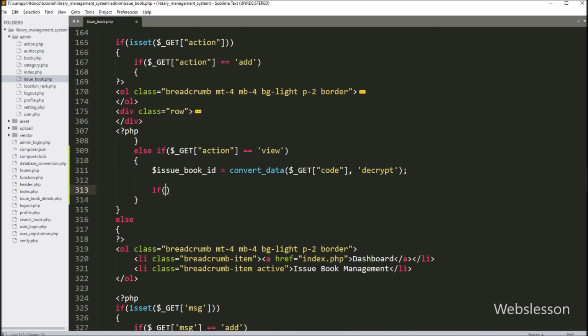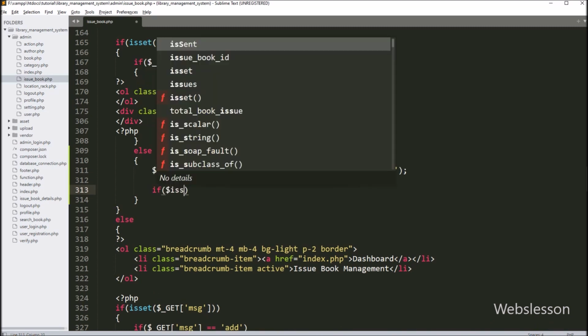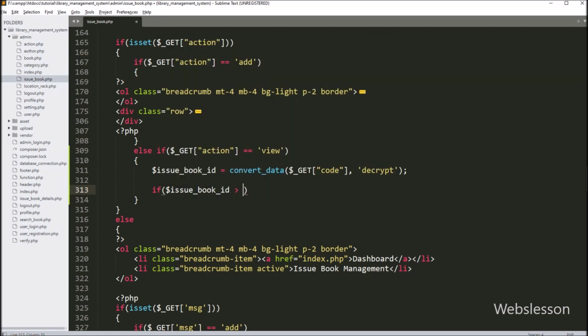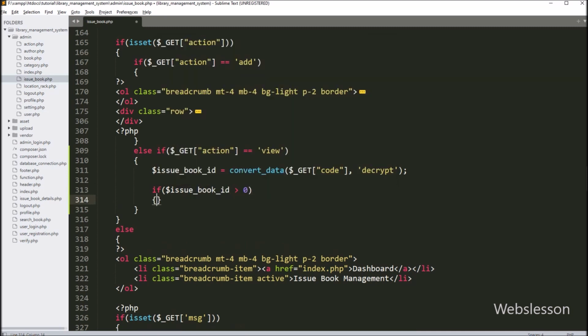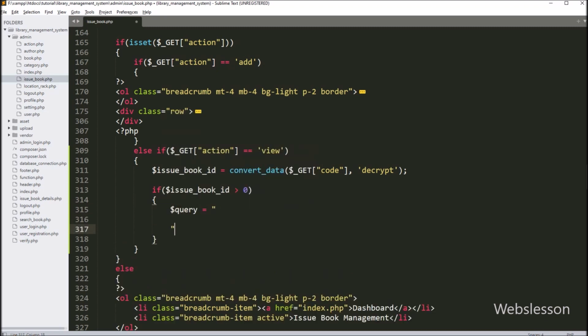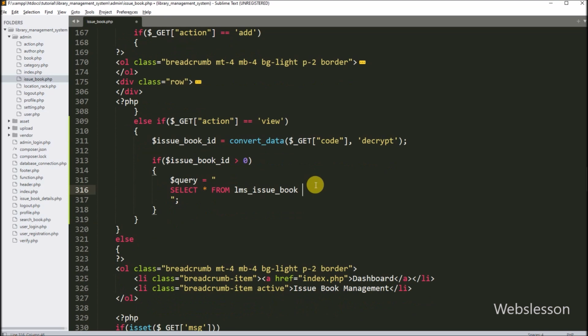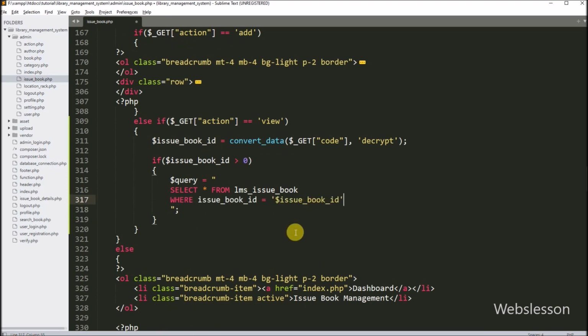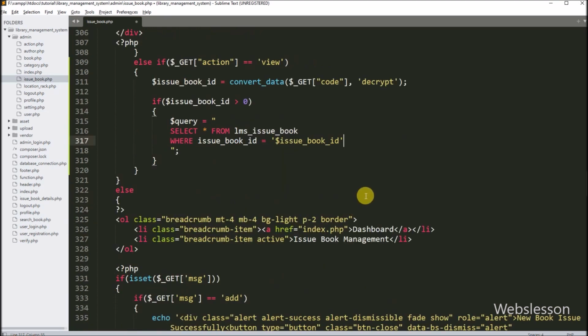And below this, we have to write PHP if statement. And under condition, we have to write $issue book ID variable value is equal to 0, suppose this condition true. Then it will execute this block of code, and under this block, we have to write $query variable is equal to select star from issue book table. And under condition, we have to write where issue book id is equal to $issue book id variable.